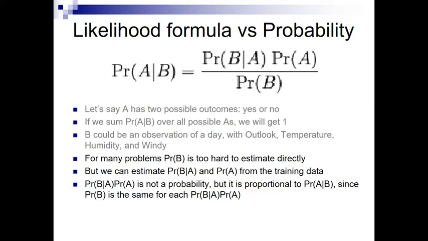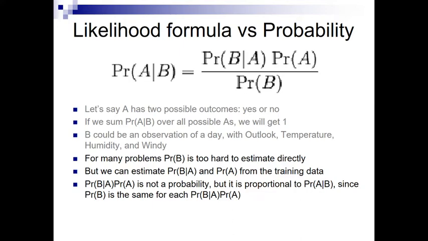And then when we take those values and we sum them, we should get 100%. So what that means is that if we have probability of B given A times the probability of A for the first A, and we have the probability of B given A times the probability of A for the second A,